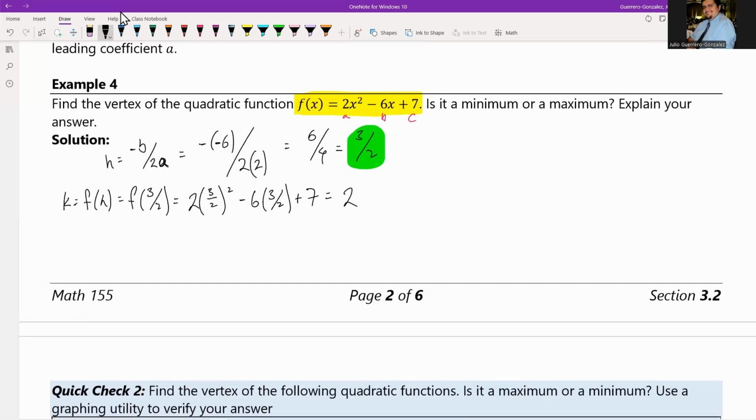So 2 remains the same. I have this 3 halves squared, okay? If you have 3 halves squared, that's going to be 3 halves times 3 halves. That's going to be 9 over 4 minus 6 times 3 halves. I'm going to do a 6 over 1. So it's going to be 18 over 2